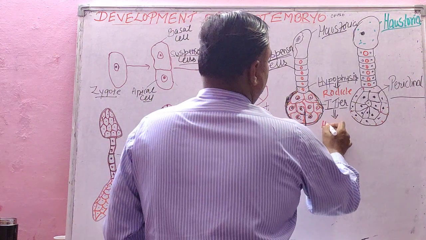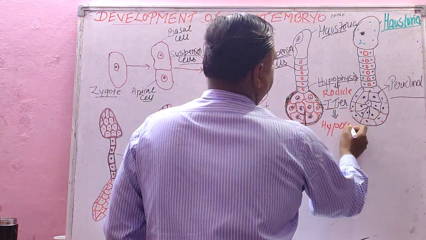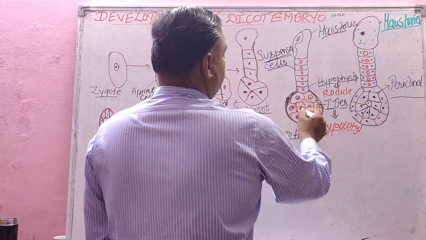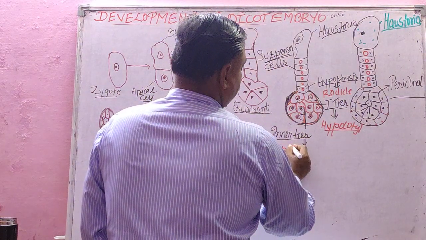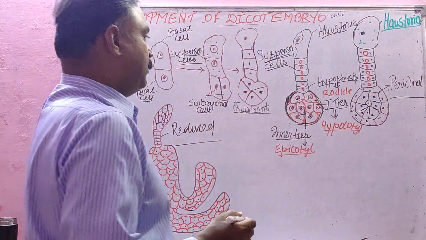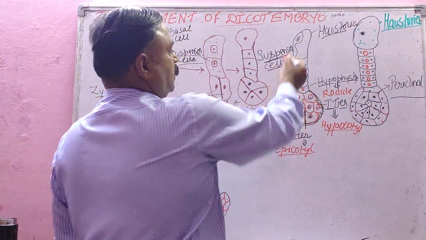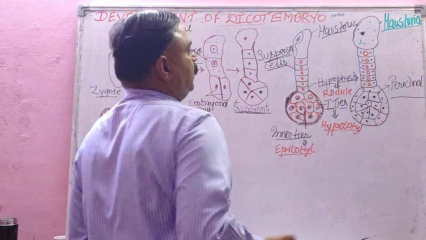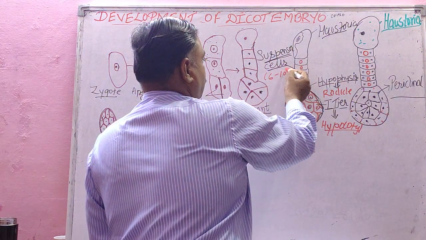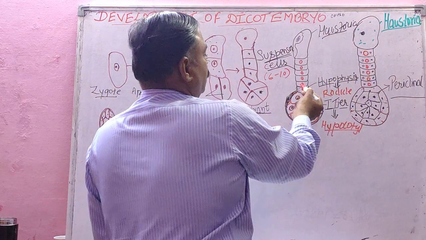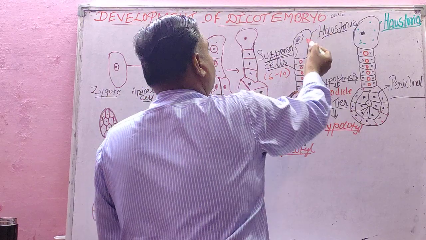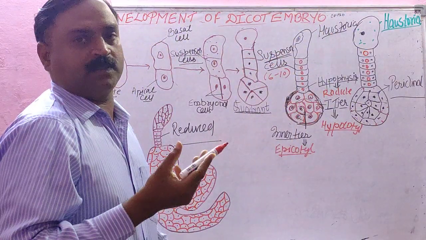will give rise to hypocotyl in future, and the inner tier inside this will give rise to epicotyl in the future dicot embryo, isn't it? Is this clear to you, student? Again I am telling you important things, that these suspensor cells, 6 to 10 cells, try to push this developing embryo into the endosperm and the haustoria too into the endosperm to absorb nutrients.